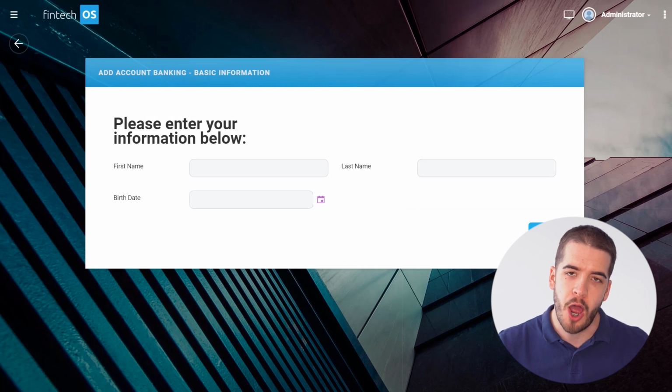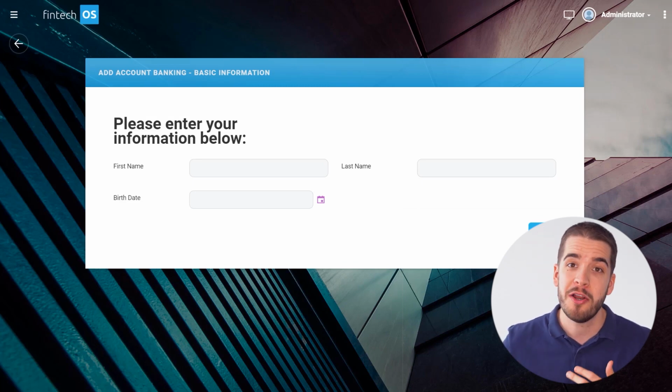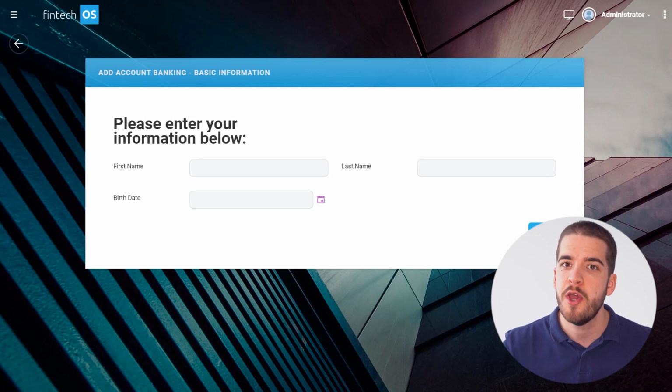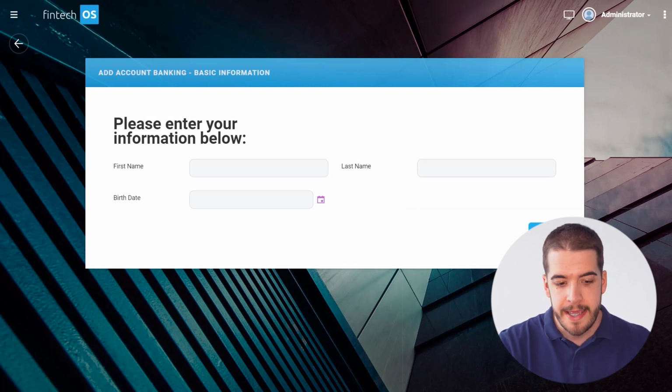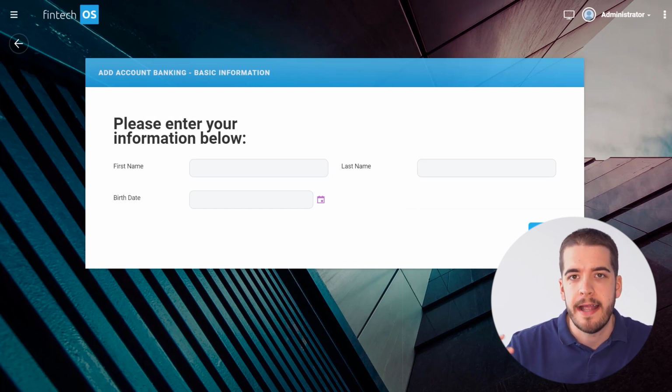Now, this is our own particular use case. You don't need to do this. The hard part or the easy part is now over. The connection is set up and you can do anything you want with it. But in this case, as I said in the beginning, we want to filter out the new clients and the